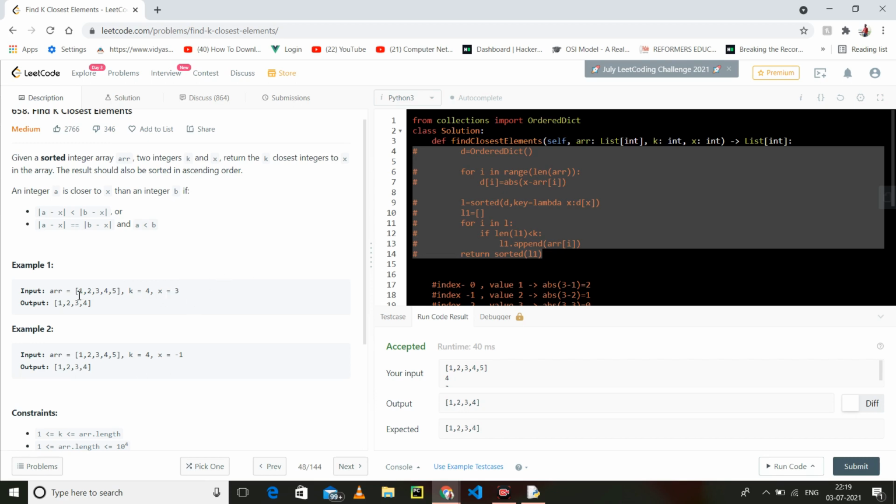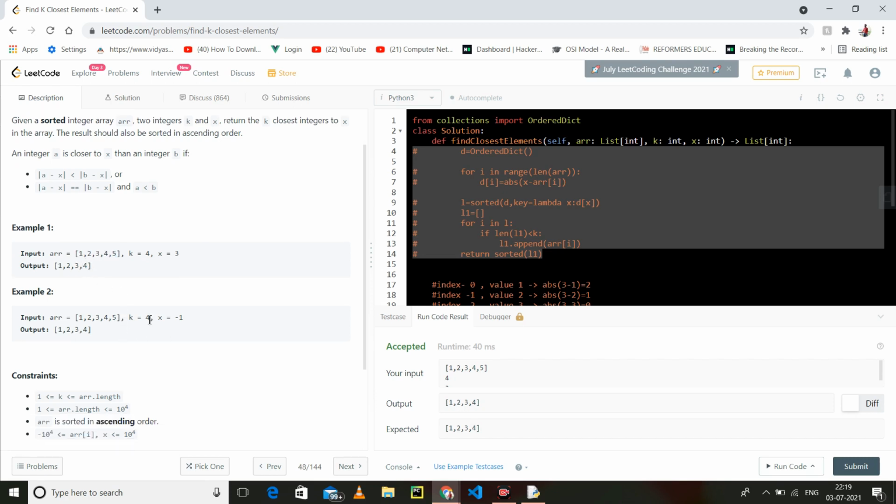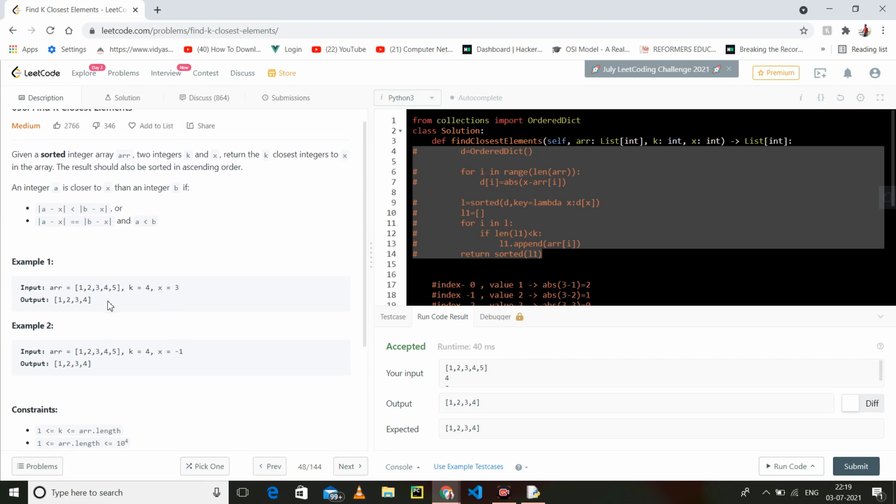But we have to go from starting to ending, so we cannot take 5, we have to take 1. In the other case, with x as minus 1, we take 1 2 3 4, which is closest to minus 1. So you have to return a list of values which is closest to x.